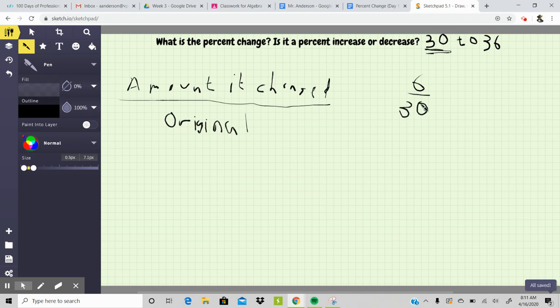Okay, and now we are going to use what we learned in the last 2 days, and use that to our advantage, because this gave us a fraction right here, but we're trying to figure out the percent change. So we have to convert this fraction to a percent. So remember, we take our fraction and we convert it to a decimal, and to do that, you just divide the two numbers. So to get 6/30ths to a decimal, you just go 6 divided by